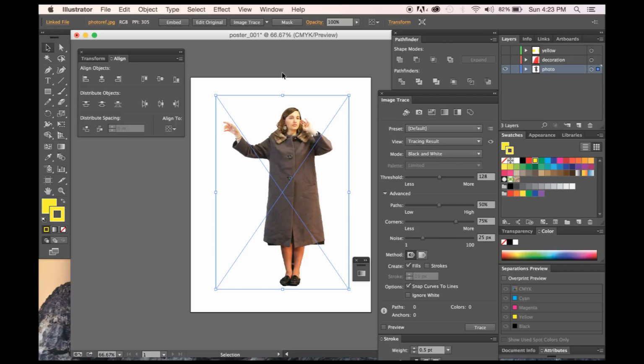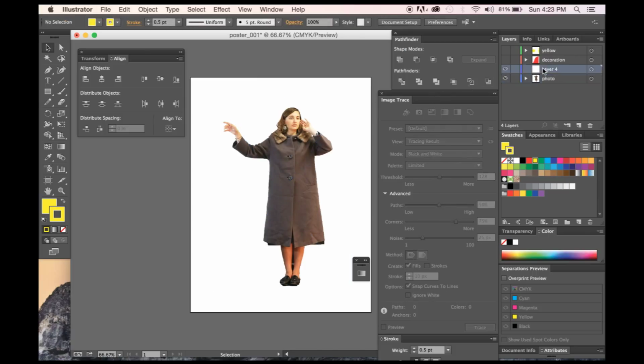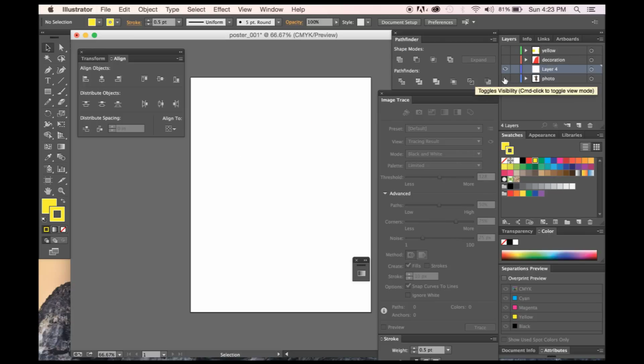So before we get started with this, I want to give myself a backup in case I'm unhappy with the results of the image trace. So what I'm going to do is I'm going to click the image, Command C that image, create a new layer, Command F, and I put it back on that one. So what I really needed to do, I'm just going to hit delete for that, is make sure that I was selected on the right layer, and to make double sure, I turn off the visibility of that bottom layer. Command F,